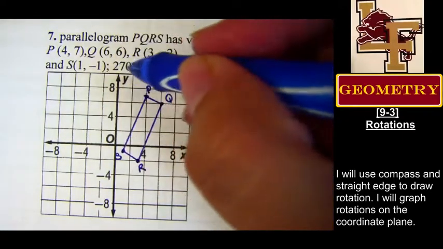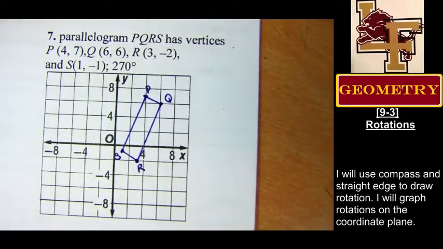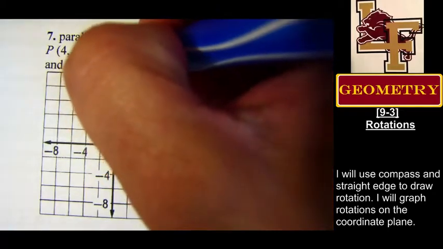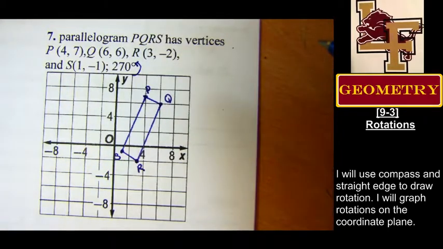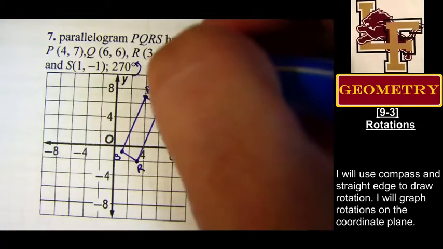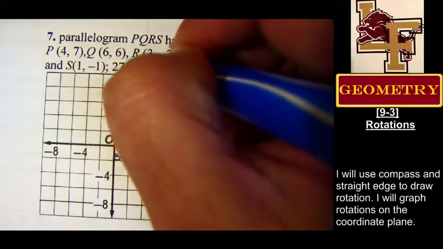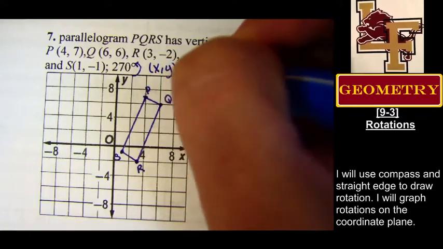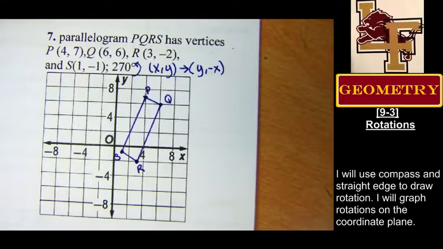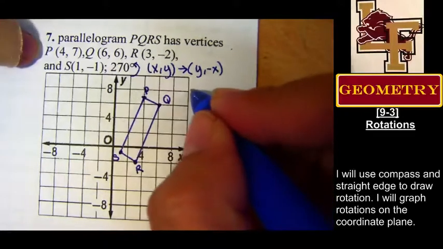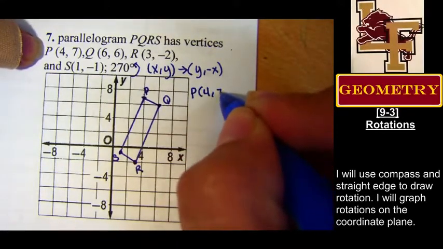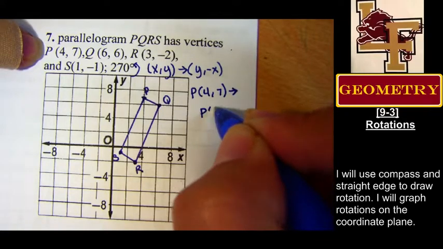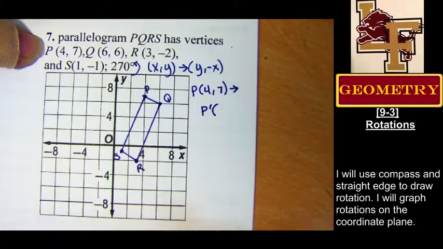I am going 270 degrees. It doesn't tell me whether it's clockwise or counterclockwise, so we're going to assume that it is counterclockwise. And according to my notes, a 270 degree rotation asks me to do this to my coordinates. So that's what I'm going to do. I'm just going to follow this. All right, my original coordinates for P were 4, 7, which means my new coordinates for P prime are going to be